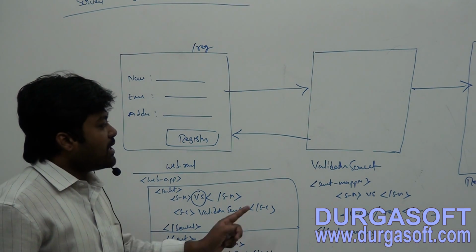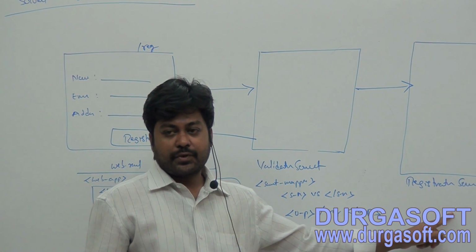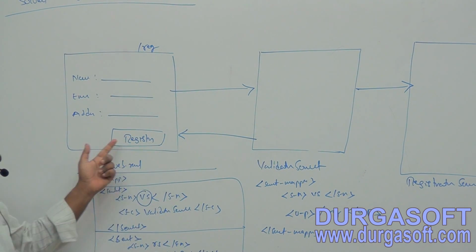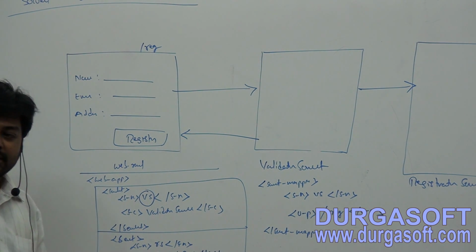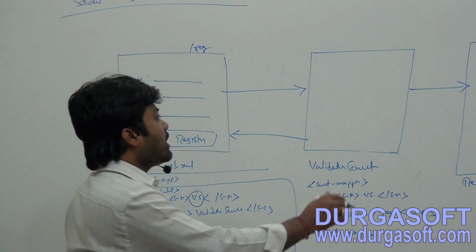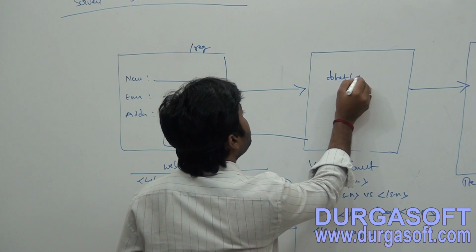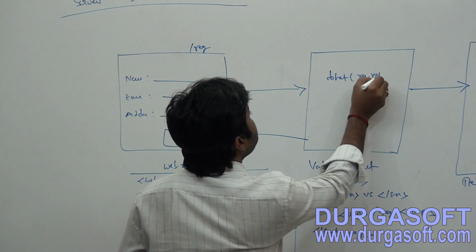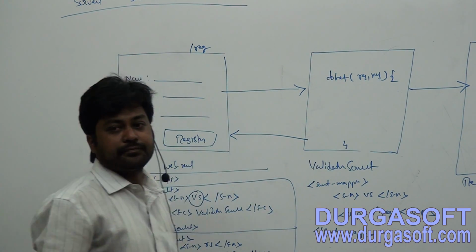Okay, from the validation servlet I want to map my request to the registration servlet. So we have two approaches: using request dispatcher, or else by using get servlet. So here, how to use get servlet? Let's say you have a doGet method here, along with the request and response. From this doGet method, if you want to forward your request,